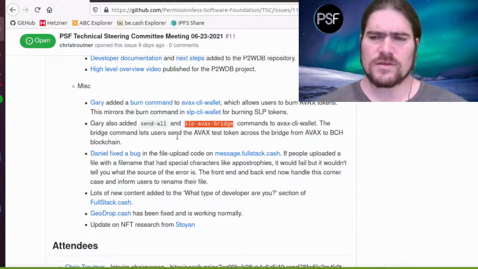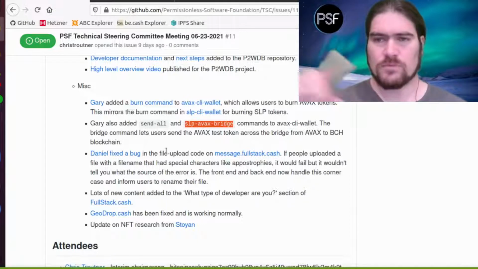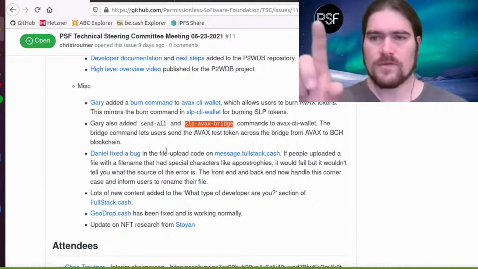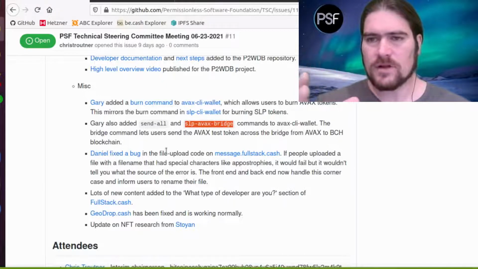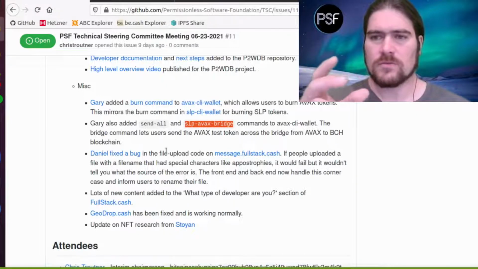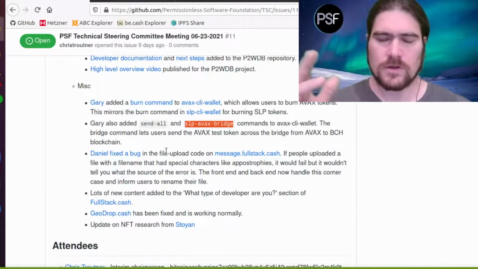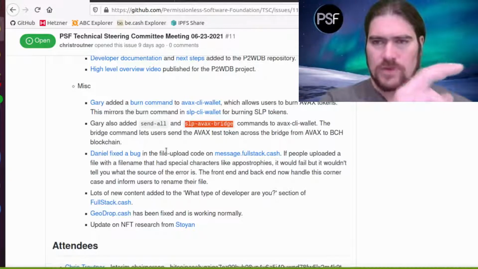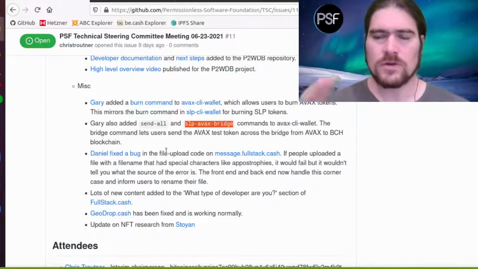And I think there are NFTs on both the X chain and the P chain. Now there's a new thing where you can move a token across from the X chain to the C chain and back. They're called ANTs, Avalanche native tokens. ANT is their acronym, like SLP stands for Simple Ledger Protocol Token. They have a call now where you can move an ANT from the X chain and generate an ERC20 token on the C chain and vice versa. So that's kind of cool.